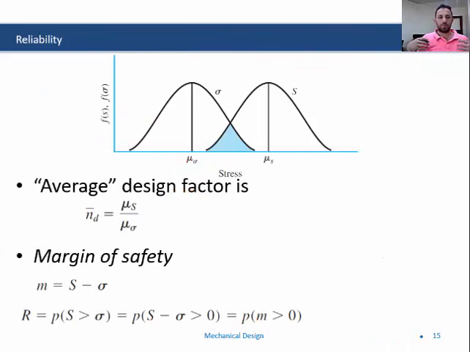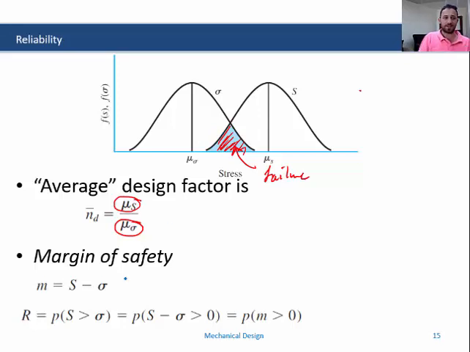And to relate this to the design factor, we defined it as the strength over stress. In case we have a distribution, then you can find the average design factor by taking the average strength over the average stress. And therefore you have a margin of safety at which failure will occur. I mean, to avoid the regions of failure, this is the region at which failure will occur. Okay, the overlap between the strength and the stress. Our objective is to keep the stress less than the strength. And the margin for